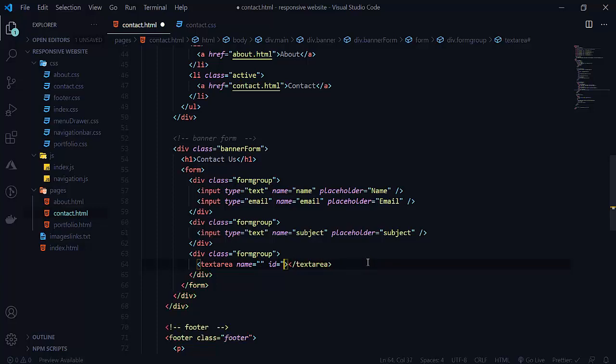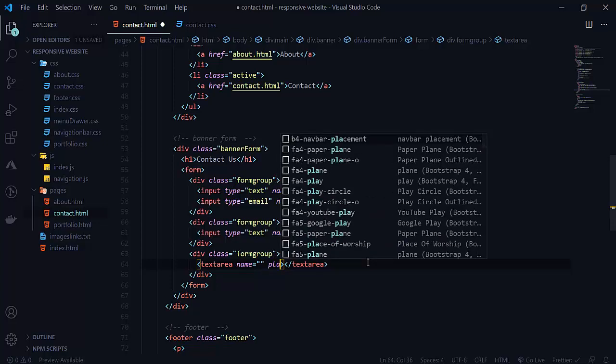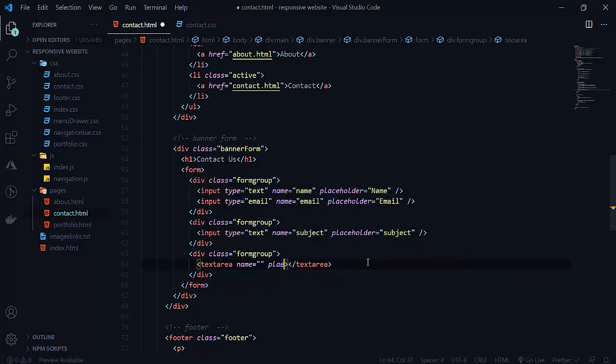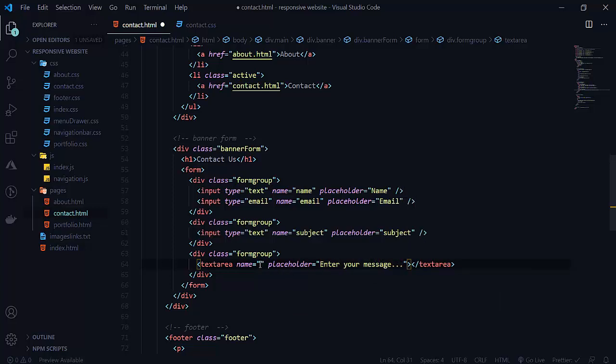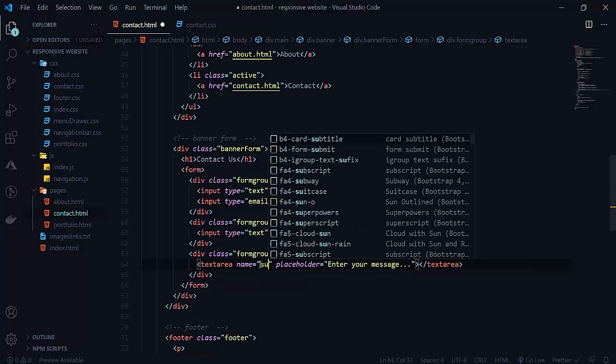We don't want an ID here. So here will be the placeholder: Enter your message. Here the name will be our subject message.